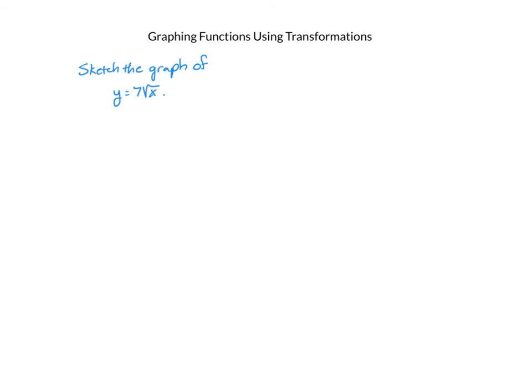Let's do this example. I'll graph the parent graph on the grid. It will be easier for comparison for us to see what y equals 7 times the square root of x looks like. In other words, I'm saying we're going to put y equals the square root of x on our grid. So it looks like this. Now remember, multiplying that function by a constant 7 means at any point the y value is now 7 times